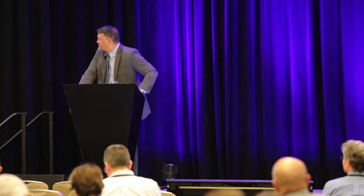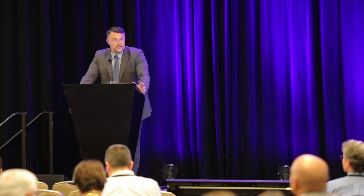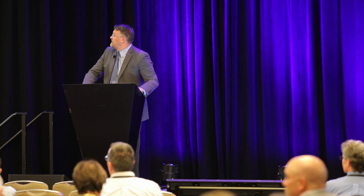I wanted to walk through the proposal now quickly here. Again, this was an engagement separate and apart from the software. This was really a consulting engagement. And the scope of the engagement really covered 6 or 7 key areas. And those include the data gap analysis, loss driver analysis, segmentation analysis, the prepayment analysis, 3 measurements of the quantitative calculation, and then the overall model documentation, which is really kind of where it all comes together. And so, just to dive a little bit deeper into each of these,